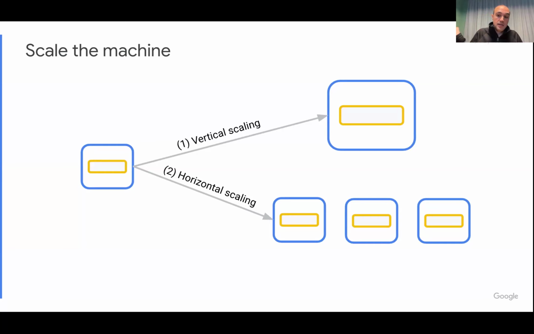If it's a request that comes from the same user, are you always going to send it to the same replica? There are some caches that might help you with performance. If you want to do that, where do you keep the state of which user goes where? So you see this is a rabbit hole where complexity can go on forever. But this is a principle that you need to know and that you will use.